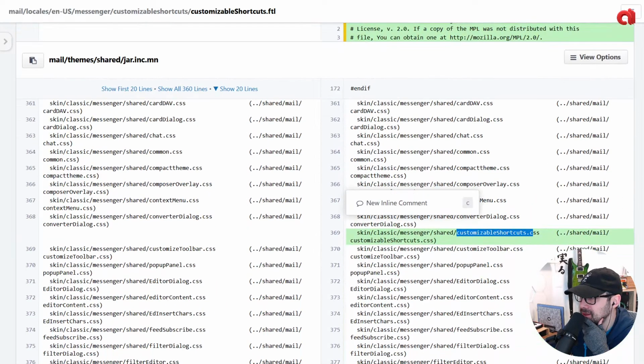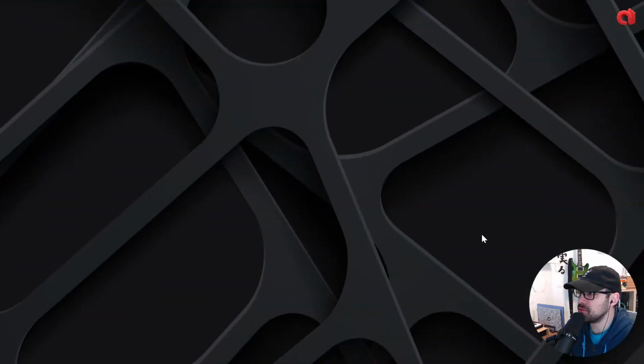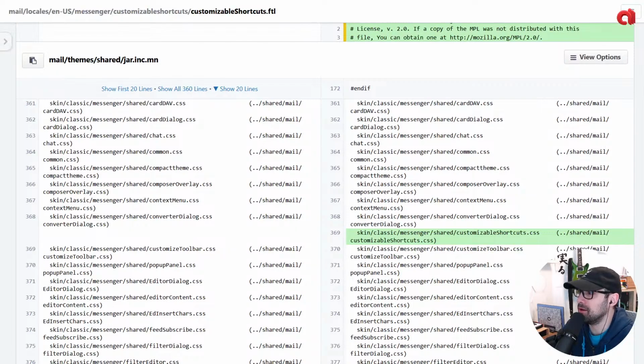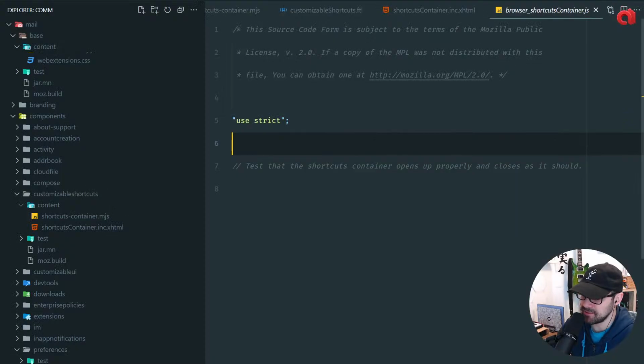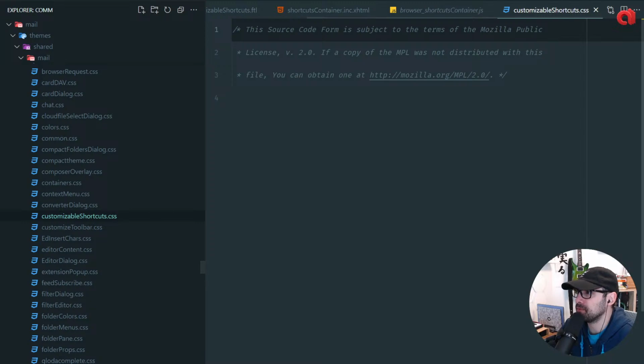Maybe this, like customizable shortcuts.css. What are we doing here? Maybe this should be a dedicated file, because here we're going to start doing... yeah, let's rename these actually to shortcuts container,